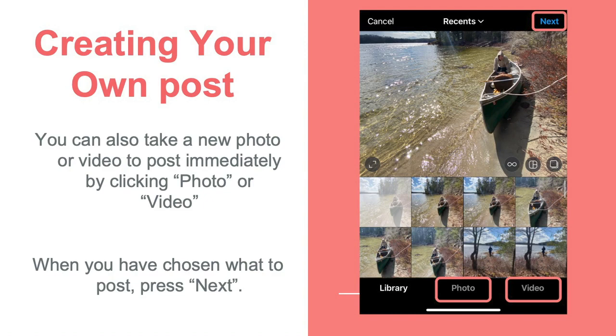If you wanted to post a picture or a video that you see right now, you would hit video or photo, and then go that way. It makes it easier for uploading because you're already there, you just need to press a button. But I know a lot of us like to take a couple of pictures before we find a good one. So I personally usually just take it on my phone, and then I'll take the long way. I'll upload it through my library.